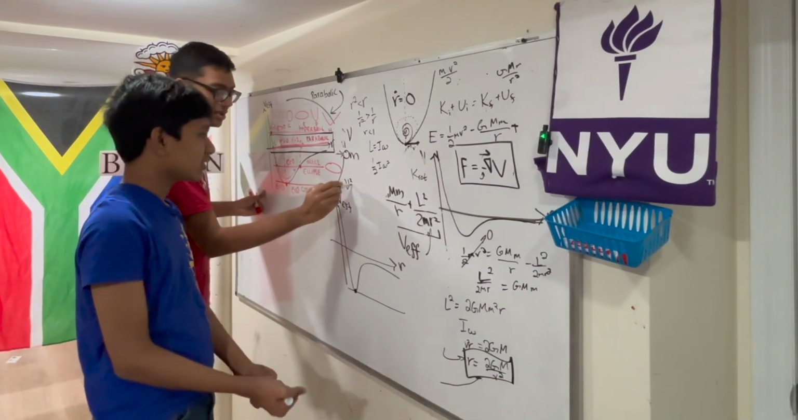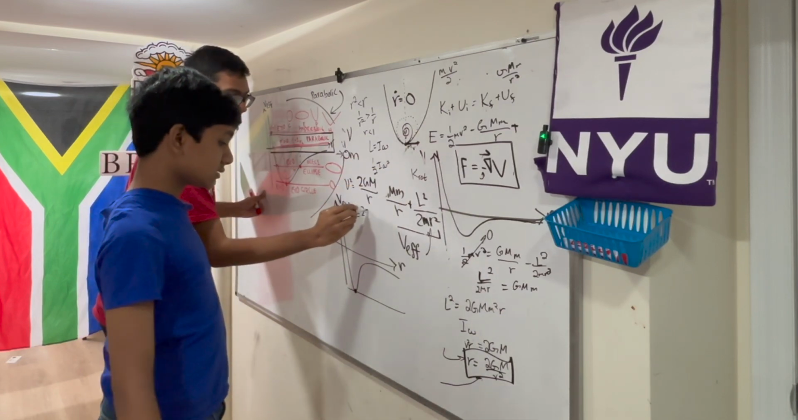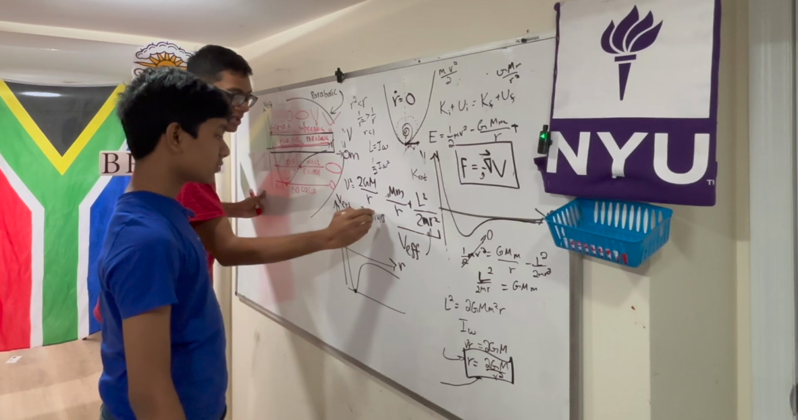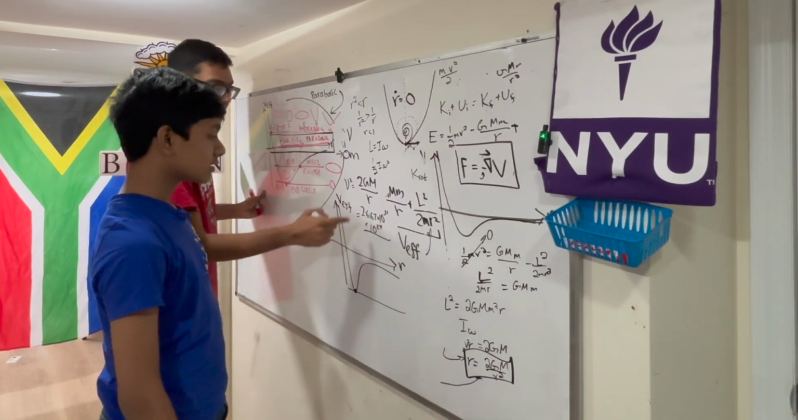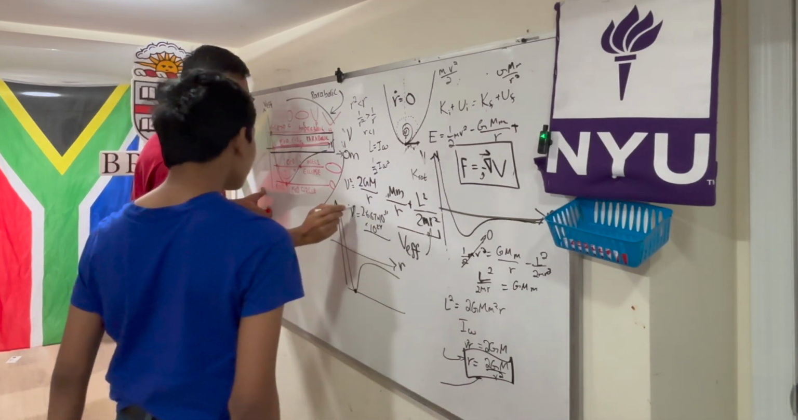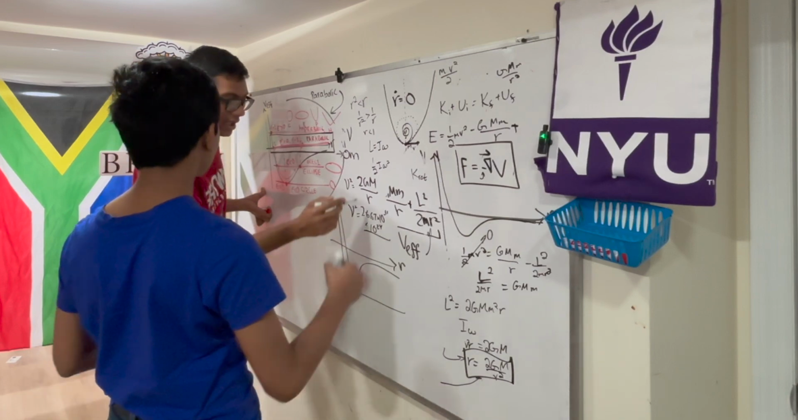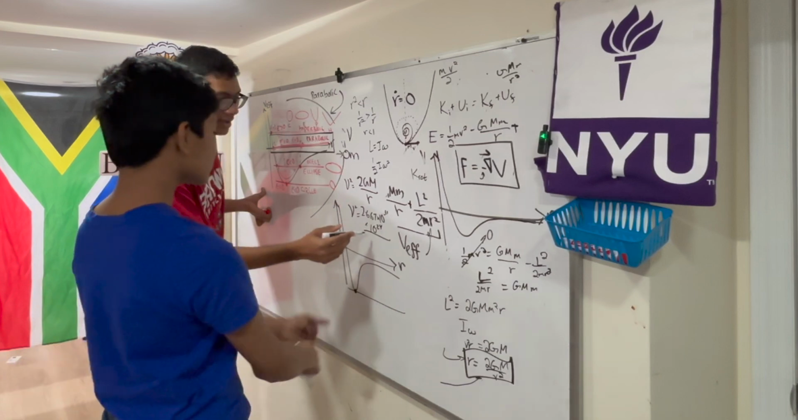So v squared is 2GM over r. G is 6.67 times 10 to the minus 11 Newton meter squared per kilogram squared. The mass of the Earth is 10 to the 24 kilograms. Let's say r is